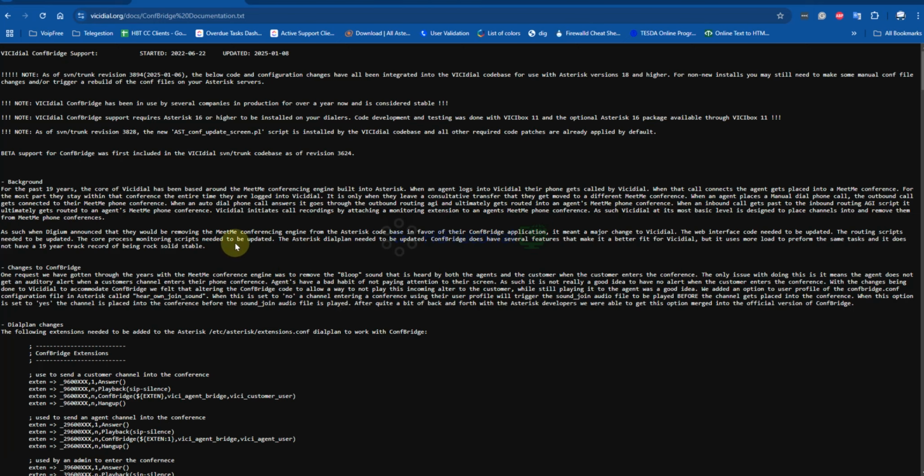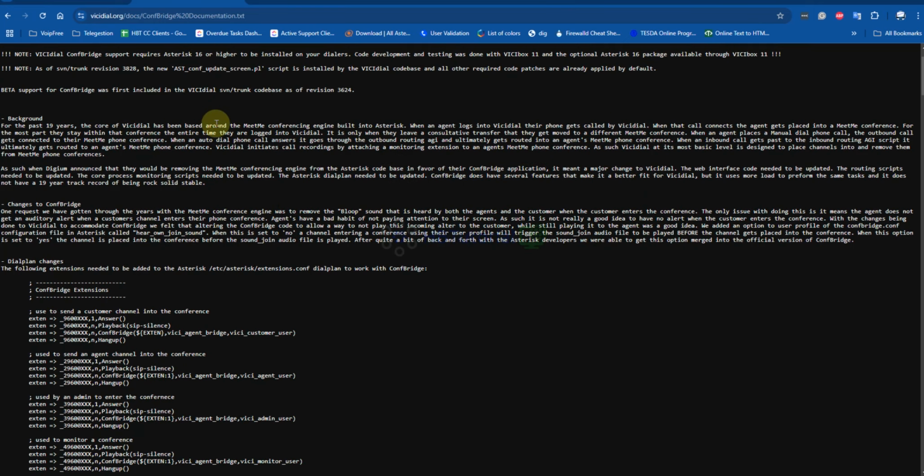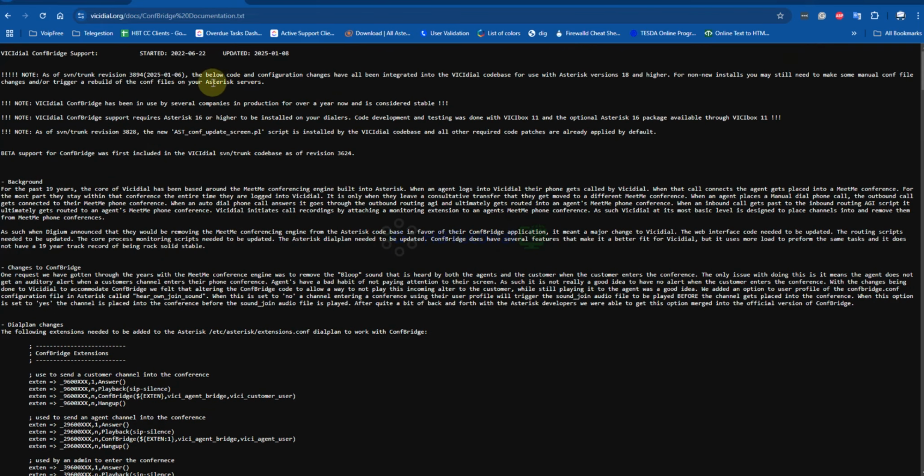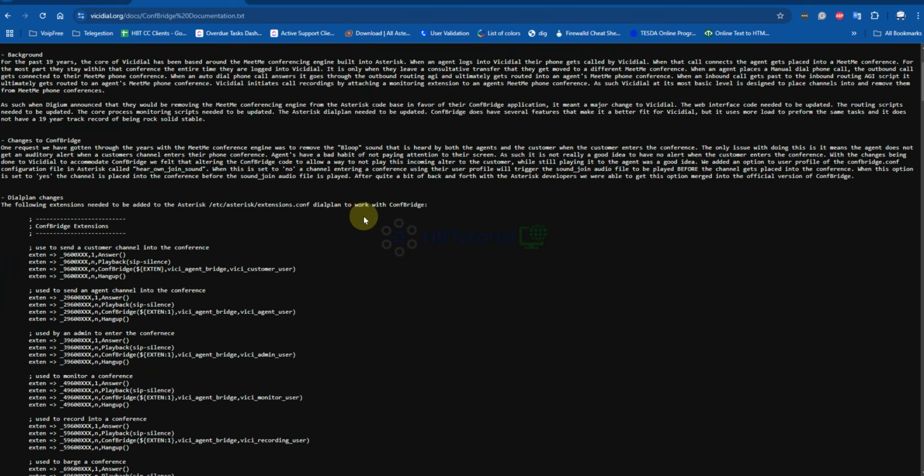So back here, from here you need to double check all of the following. Actually, the code base on the web and Asterisk is already updated because of the latest SVN we are using. So our SVN we are using right now,